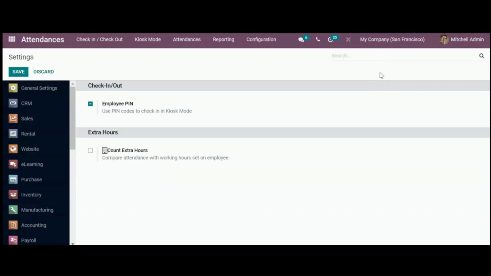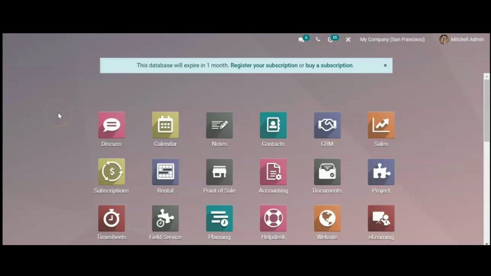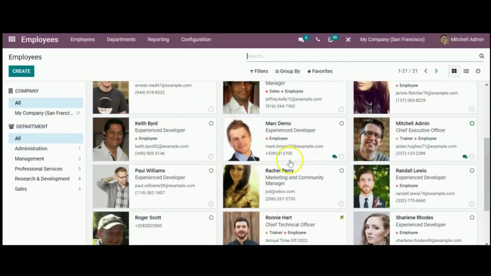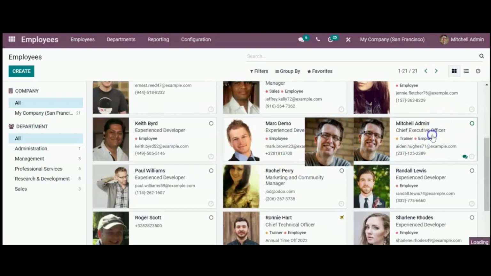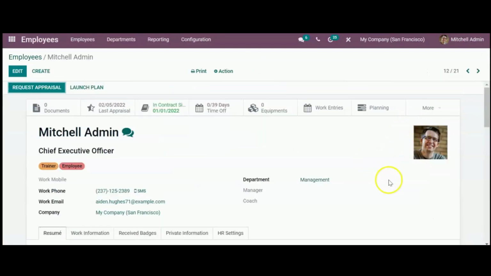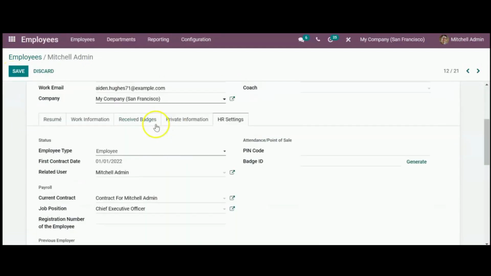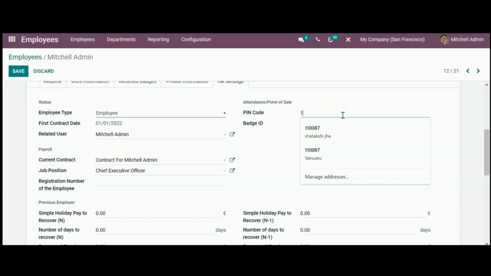and from here we'll activate the option employee PIN. For this, we need to go to the employees first to create the PIN. So we'll go to the dashboard again and we'll type employee over here, right? So we'll go to employees and here I'll find the name. The admin was Michelle, right? So I'll click on admin and his details will appear. Now I'll click on the HR settings and here I'll generate the PIN. For that I need to go to edit,